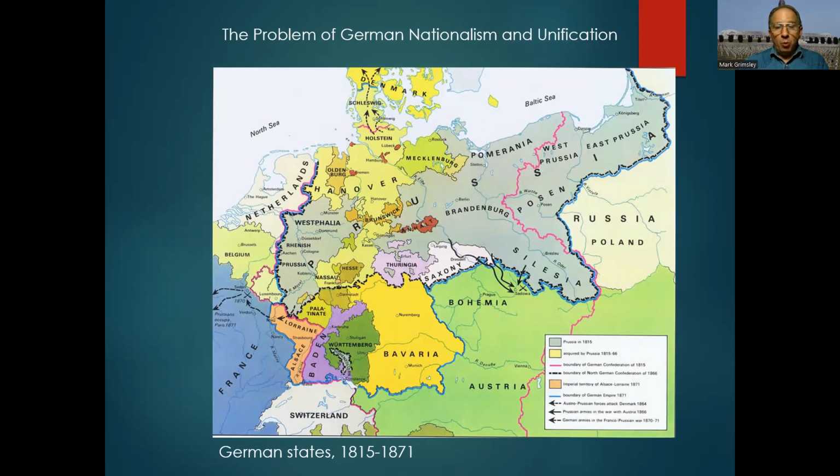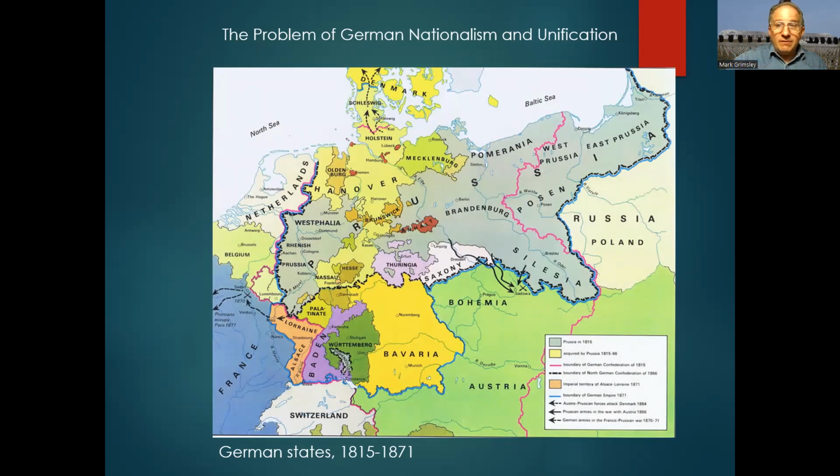There is a war in 1866 between Prussia and Austria, which is the other German-speaking state that might have been the basis on which German nationalism could have occurred. The Prussians beat the Austrians in about 6 weeks. But the main thing is a war between France and Prussia